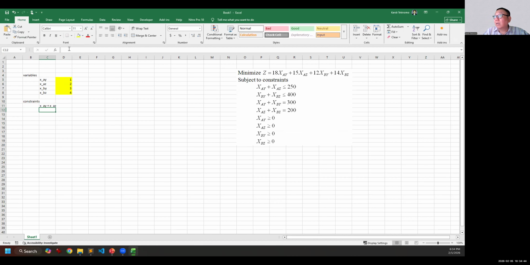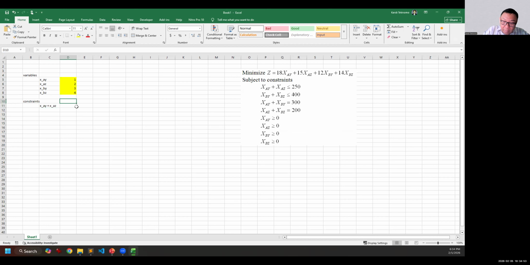If you want to have this, this is the left hand side, LHS, then this is the inequality, and then this is the right hand side.